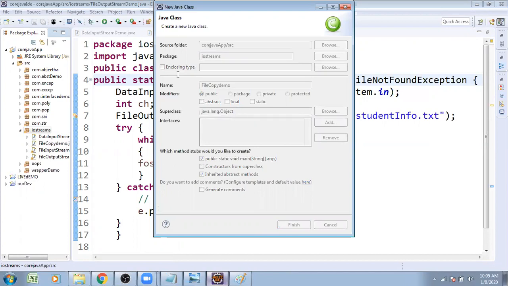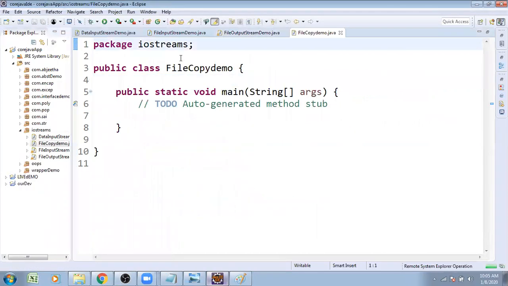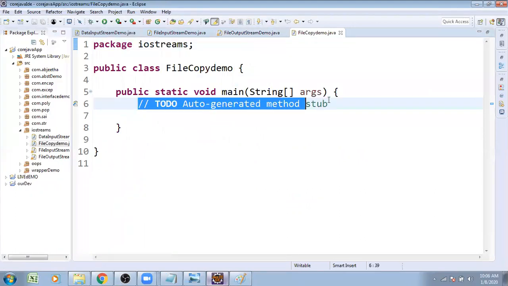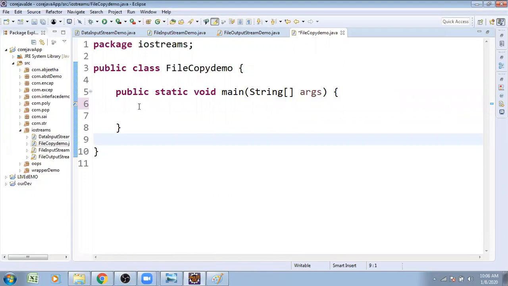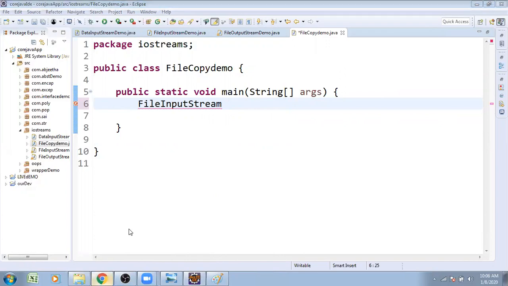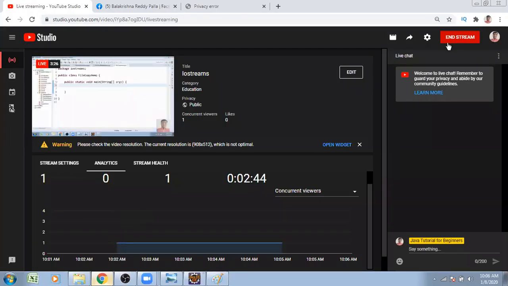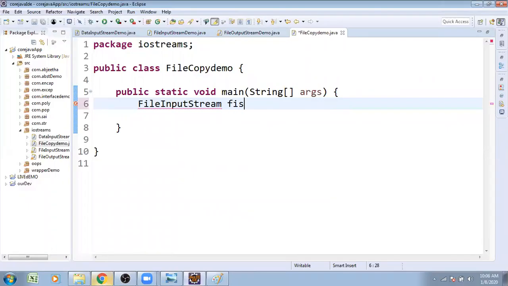First, I want to read the data from the file with the help of the FileInputStream class. FileInputStream fis = new FileInputStream(file name).